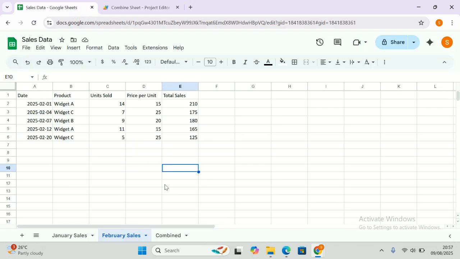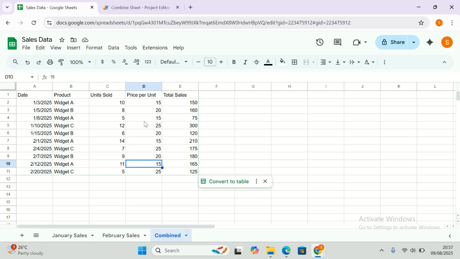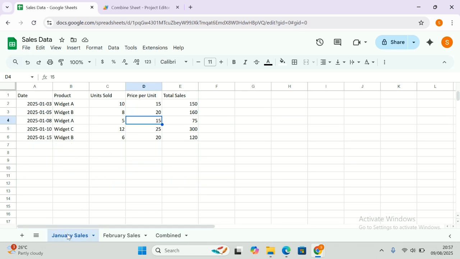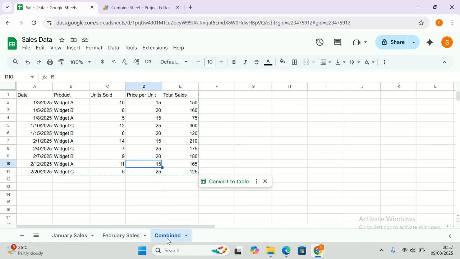So I'll go back to my sheet, then I click on combined. As you can see, it combines it perfectly. 10 rows, each has 5 rows, and you can see that the header is not